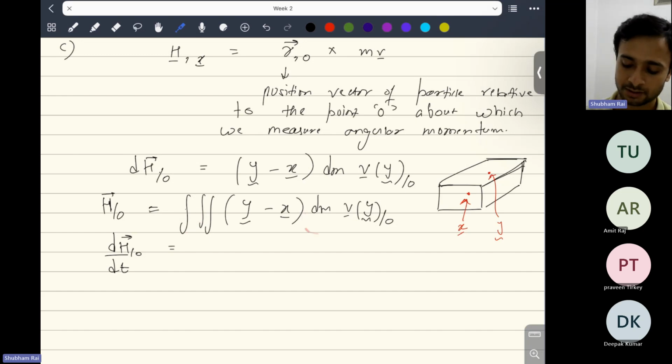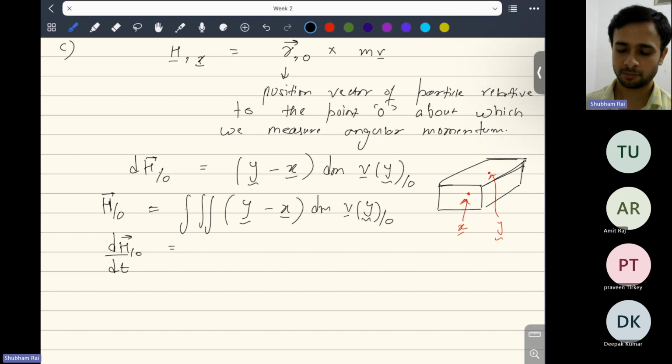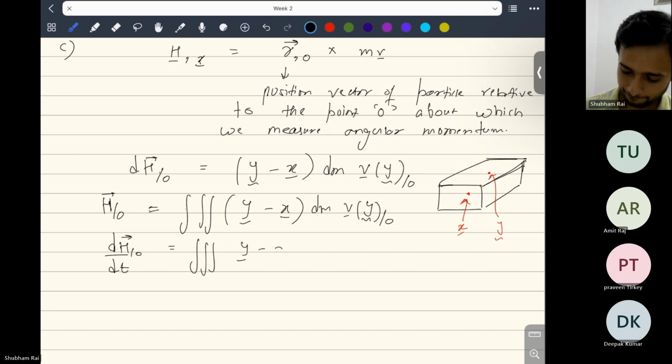So we can now bring this differentiation inside the integral. If the limits or bounds of this integral had been a function of time, we wouldn't have been able to bring this d by dt inside. For more details, you can look at the Leibniz rule. It tells how to do differentiation when the integral limits are a function of the differentiating variable itself. Anyway, we will bring it inside. So that will be d by dt of the first part, d by dt of (y minus x) with respect to O,